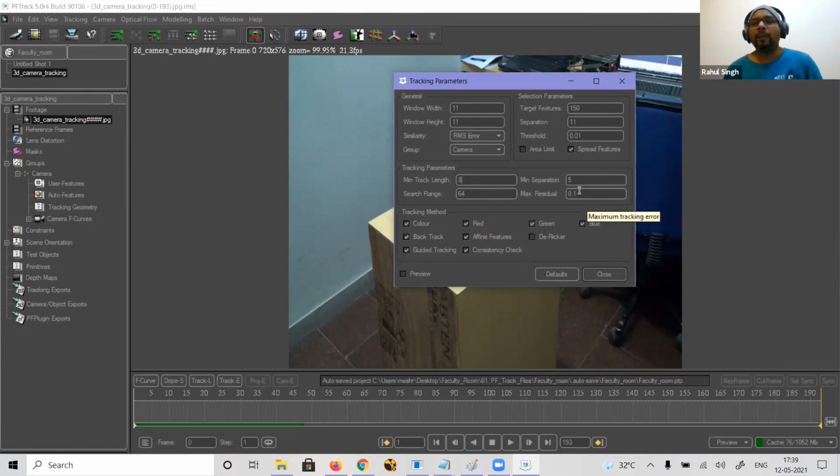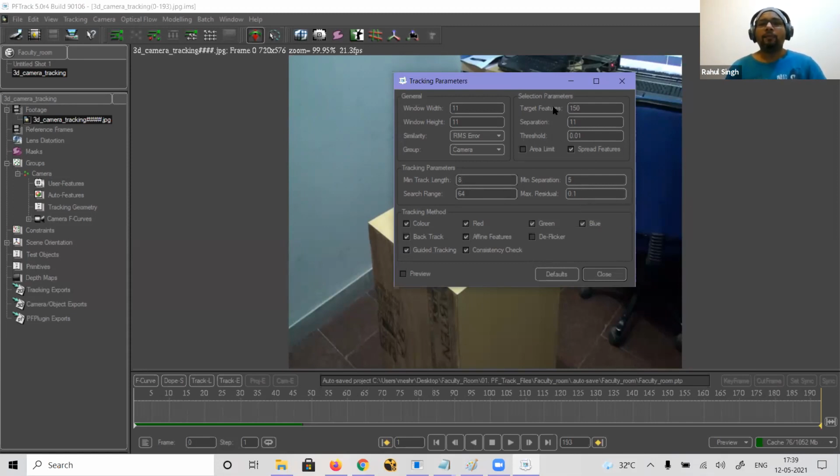So this will be the maximum tracking error, means you are telling the computer there is a maximum error, till 0.1 you can afford error, but don't go beyond this. If there is an error beyond 0.1, you can delete the track point automatically. I'm telling the computer, after 0.1 you can delete the track point. I don't want a track point which has an error of more than 0.1.